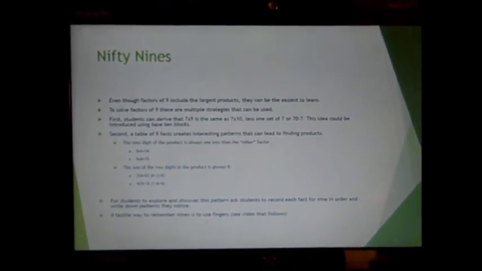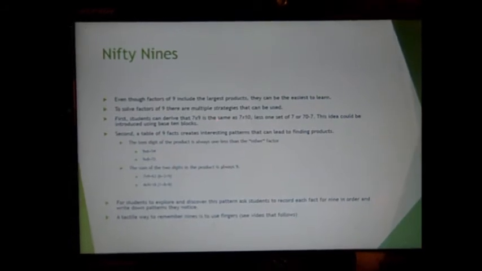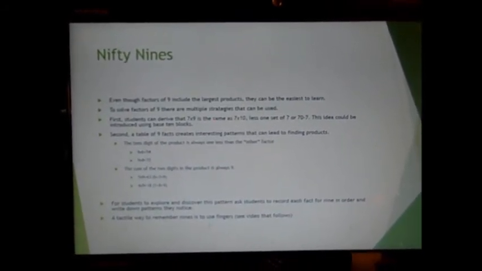Second, a table of 9 facts creates interesting patterns that can lead to finding products. For example, the tens digit of the product is always 1 less than the other factor, or the factor that is not 9. So 9 times 6 equals 54. 1 less than 6 is 5, so you know that the answer is going to be 50-something. Or for 9 times 8 equals 72,